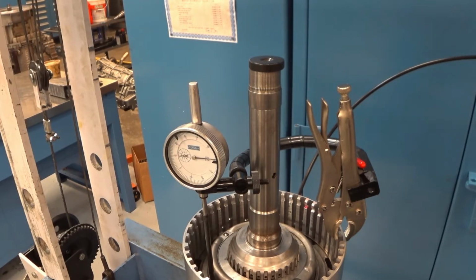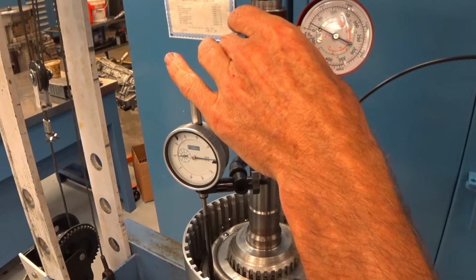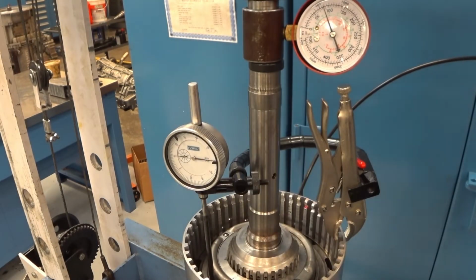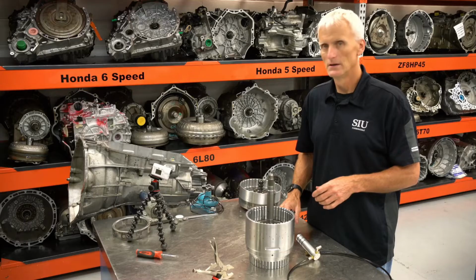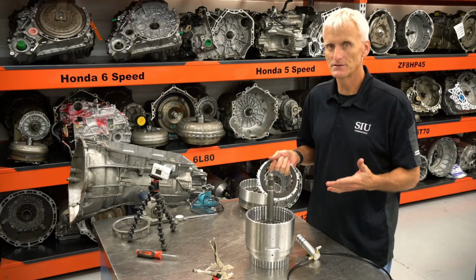It went up to about 60 thousandths. And we reapply our load. And it didn't change much, so we got 60 thousandths. So regarding the C5 clutch, it makes a little bit of a difference depending on how you test your clutch